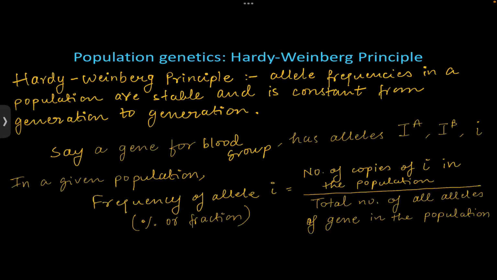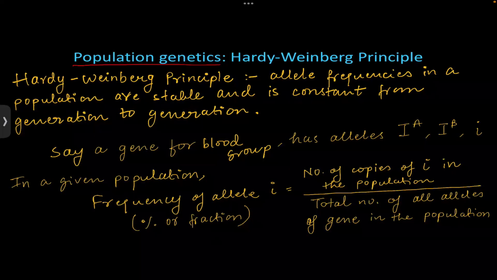Now we will move our discussion to population genetics. Population genetics is a sub area of the large field of genetics, where people, rather than studying the genetic composition of an individual, study the genetic composition of all the individuals in a population, and try to understand various genetic features in terms of how much they affect a particular population. How many people actually show a particular genetic characteristic? These kinds of questions are answered when people use the tools of